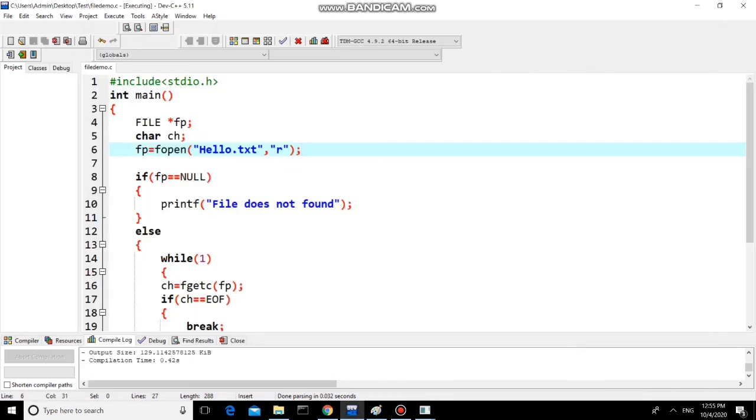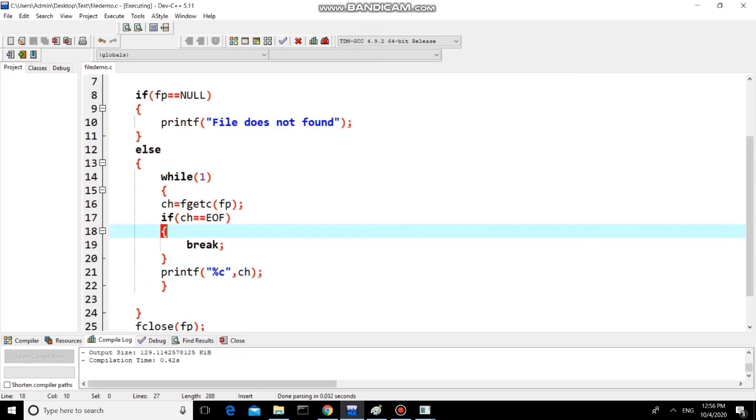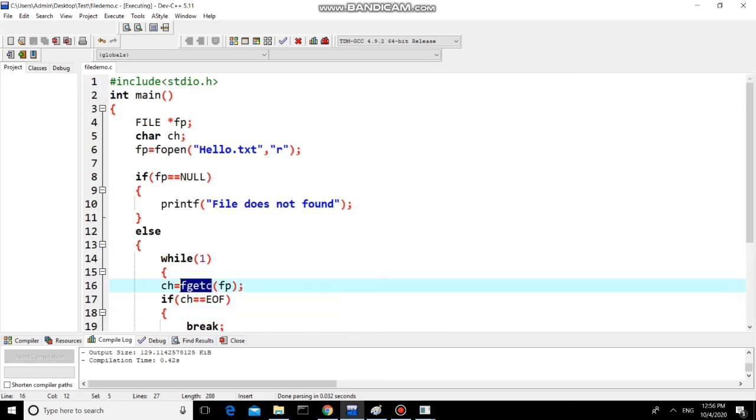Now here, how does the fgetc function work? Initially it will point to some character. So it will read that character and immediately advance the pointer by 1 position. Next it will read the current character and advance the pointer by 1 position. Like that it is working. So it performs 2 tasks. First task, whatever character the file pointer is pointing to, that character will be read. And the second task is it will advance the pointer by 1 position. That means it will increment the file pointer by 1. So these are the 2 tasks performed by the fgetc function.